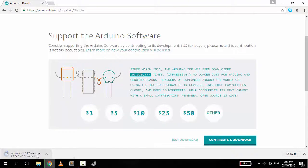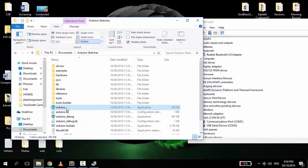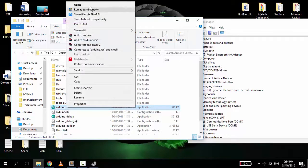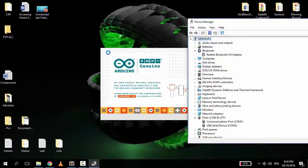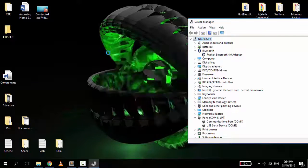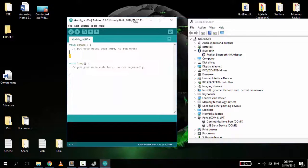I've already downloaded and installed it on my Windows, so I just have to cancel it. So after you've installed it, you need to open the application. Here, the Arduino. It may take some time for accessing libraries, initializing packages until it starts. Then, there you go. This is the application. After it opens,